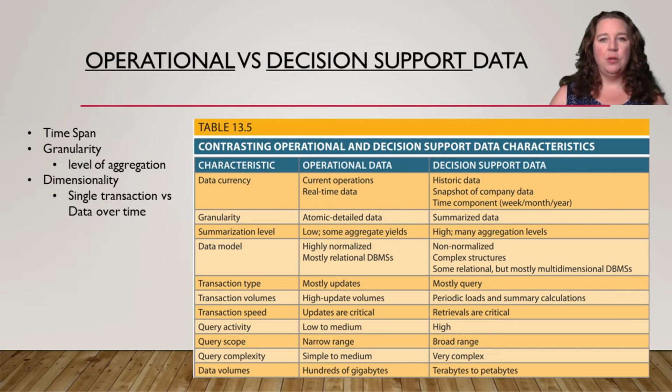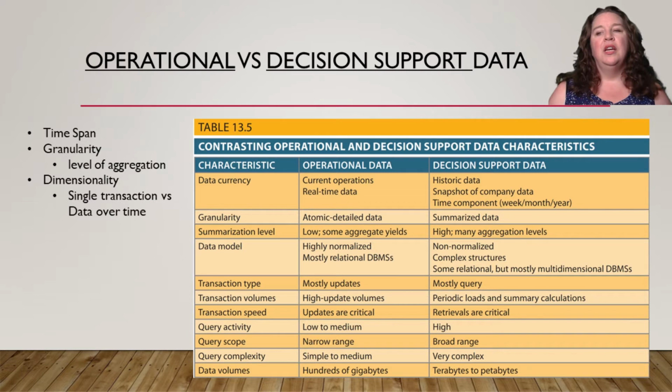Everything there is going to be current. It is going to be very specific details: this invoice, this line item, this product. We're not going to do a lot of aggregates at this point because we just have a singular point of data. We might do some sums or some calculations if we wanted to get the total of all of the line items, but it's going to be really small. The yields of the aggregation are going to be really small because it's just going to be over a specific invoice or over a specific customer or something along those lines, but it's not going to be huge amounts of